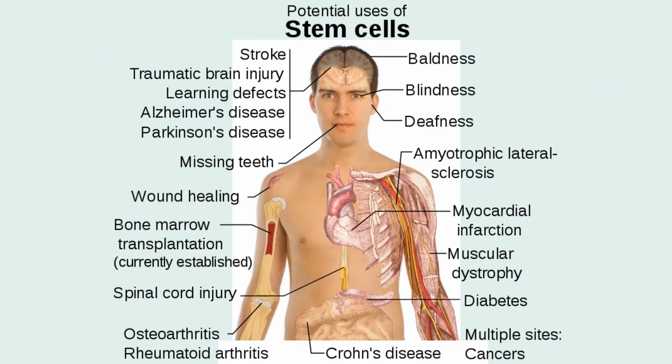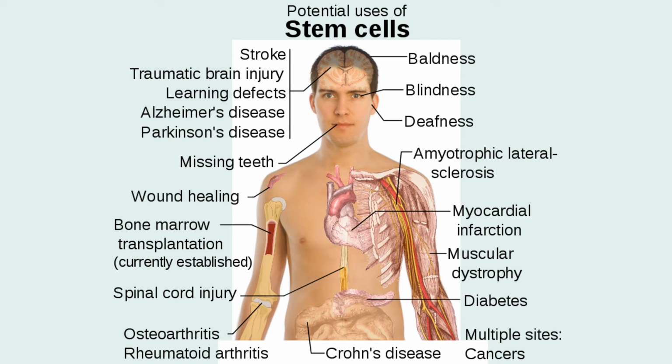So, potential uses of stem cells. I'm not saying that all of these on this slide will be cured from stem cells, but they have the potential to be treated by stem cells. So baldness, blindness, deafness, big ones like Alzheimer's disease, Parkinson's disease, because that's damage to nerve cells that can't be replaced, missing teeth, muscular dystrophy, myocardial infarction, so think problems with the heart, diabetes, which is an issue with the cells that make insulin in the pancreas,